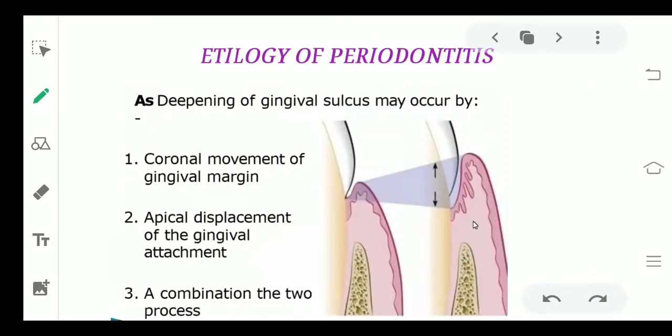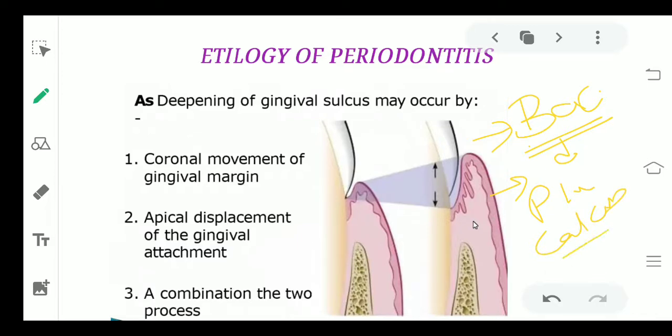Moving to the etiology of periodontitis. Very important, why does periodontitis occur? Now the first thing you have to keep in mind is bacterial action. Another thing, as we have also studied in dental caries, because of bacteria there is plaque formation, or I can say calculus formation, which is seen. And this calculus or plaque formation leads to bacterial activity, and that is another very important cause of periodontitis.